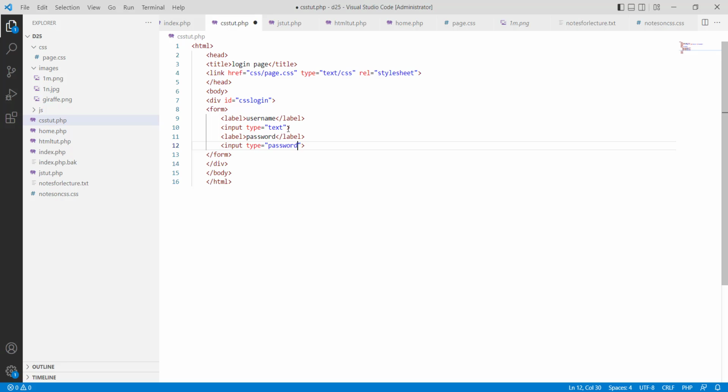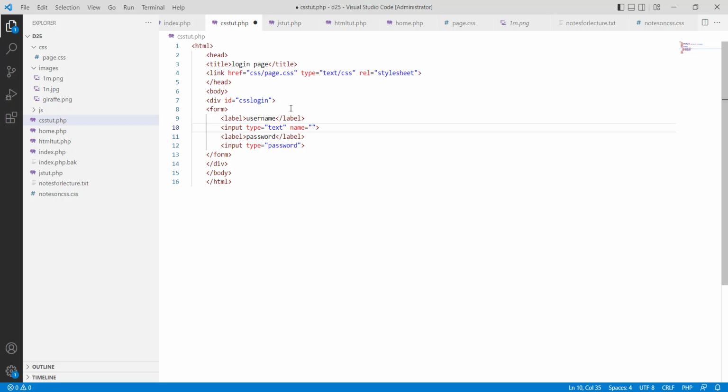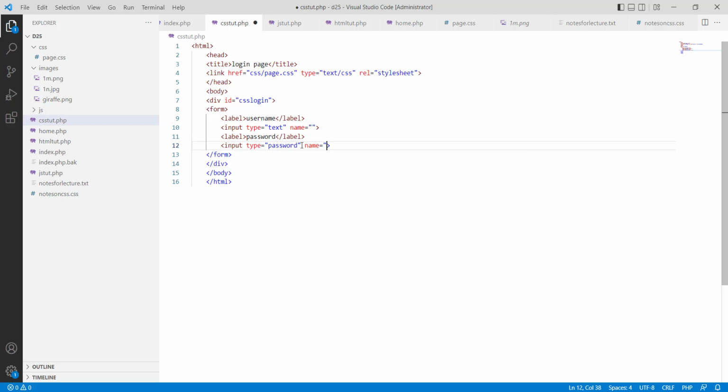At the same time, we can also add a name property to each of these values, and the name property applies to tags that we have on our page. No matter which tag it is, you can assign a name property. So the name for that one we call UID. The next one is PID, which simply stands for password ID and user ID. At the same time, we then want to put our button,